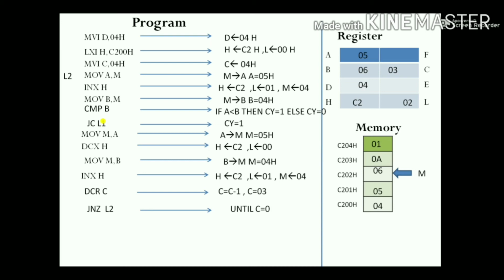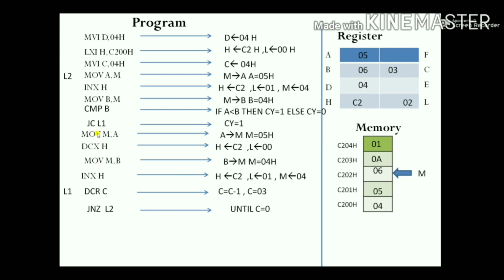If the accumulator content is less, do we need to change the position? Now here 5 is less than 6. Do we need to change the position? No, because it is in the proper position. So the data will remain as it is. We do not change the position of the data. In this case, we go directly to another memory location for the comparison. It means we are not doing the swapping steps. These steps we need to skip.